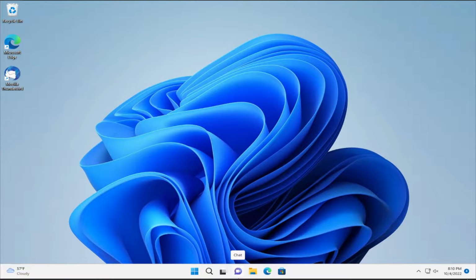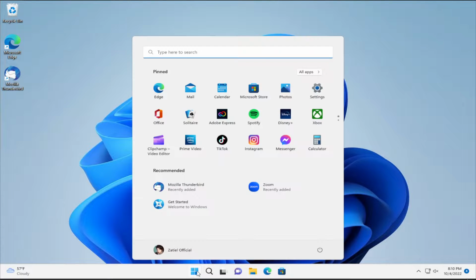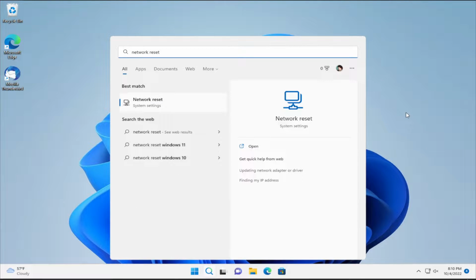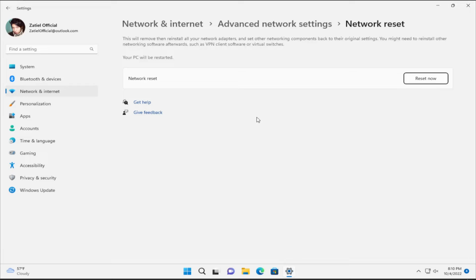In today's tutorial, I'm going to show how to fix any problems with your Ethernet or Wi-Fi connection. The first step is to go to the start menu and type network reset and wait a moment. The best result is this option, one click. And click on reset now,